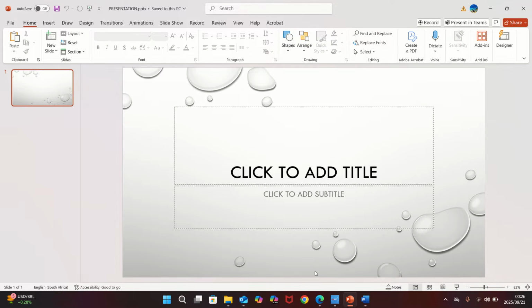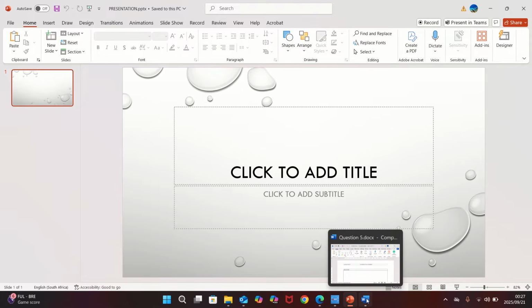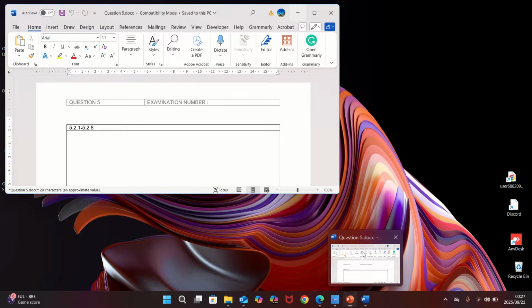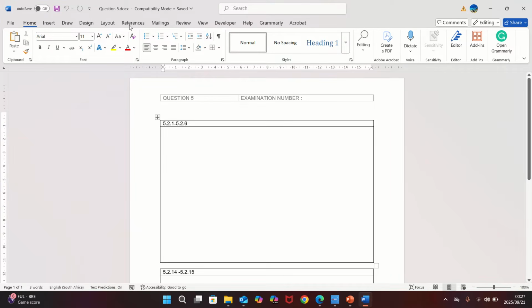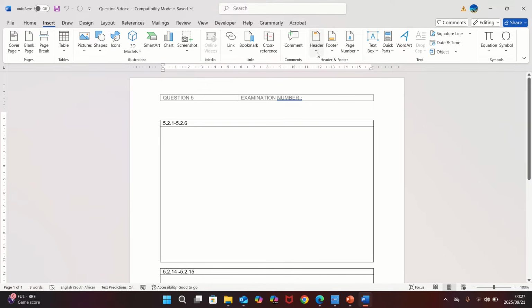Another instruction: open the MS Word document named question 5 from the student file folder. Insert the examination number in the header and paste all print screen image on the space provided. So I will open up my question 5, which I've just saved. Then I will go where? To insert, header,